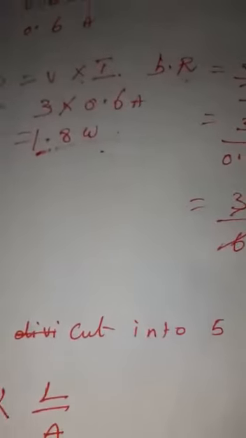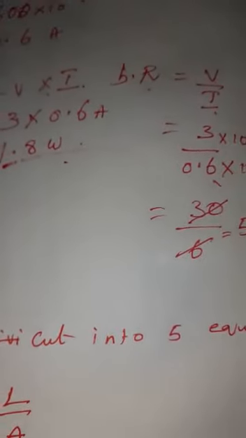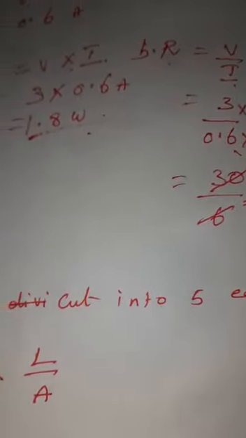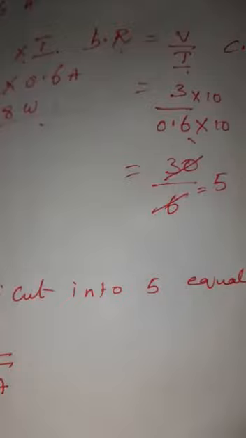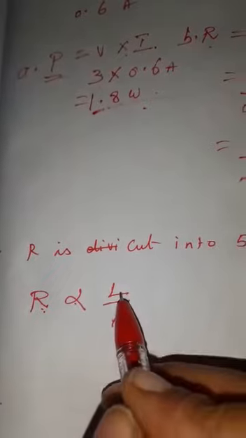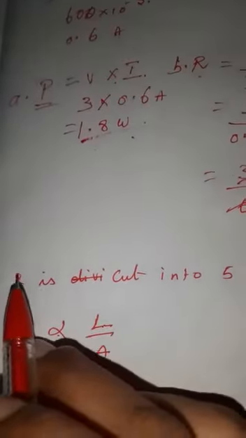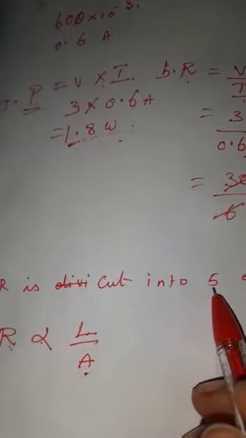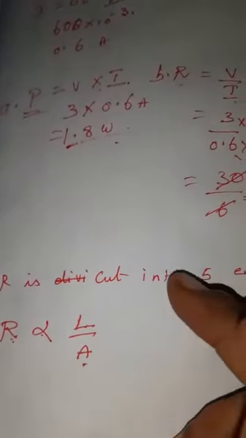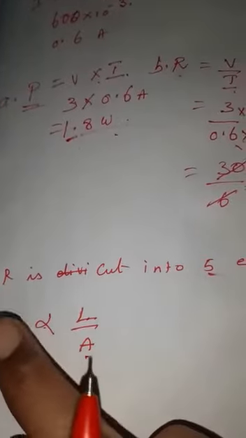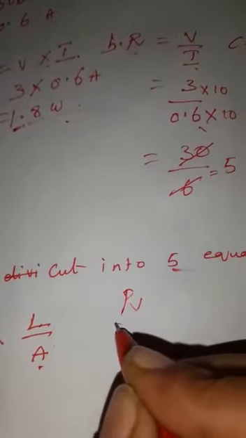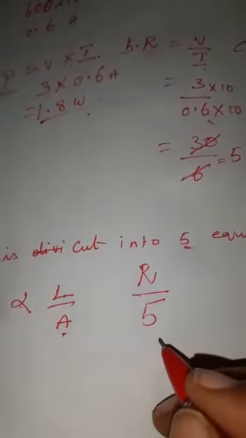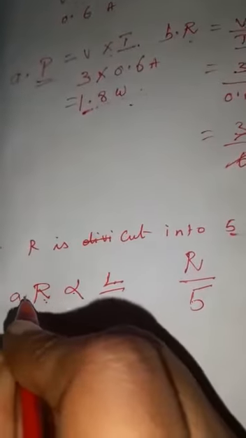The fourth one, resistance. What is your question? A piece of wire having a resistance R is cut into 5 equal parts. First question: how will the resistance of each part of the wire change compared with the original resistance? We studied about resistance. Resistance is directly proportional to length and inversely proportional to area. So the wire is cut into 5 equal parts, so resistance also decreases. If the length decreases, resistance also decreases. Length increases, resistance also increases. So each part will have a resistance R by 5. This is your first answer.